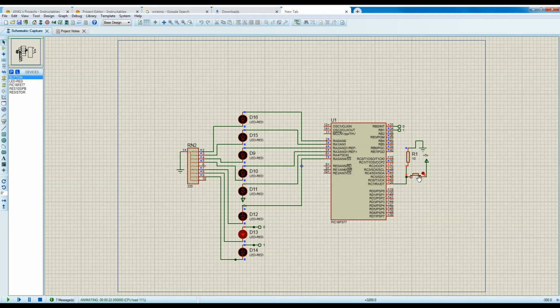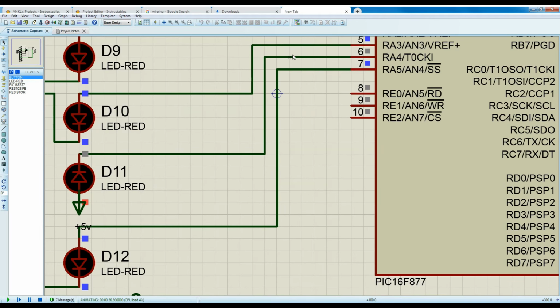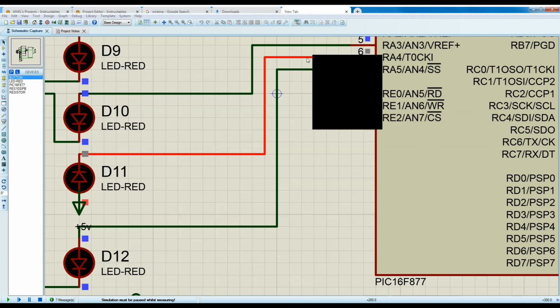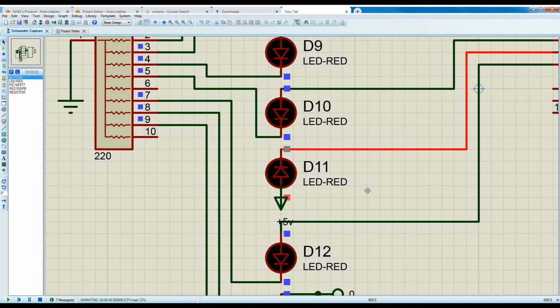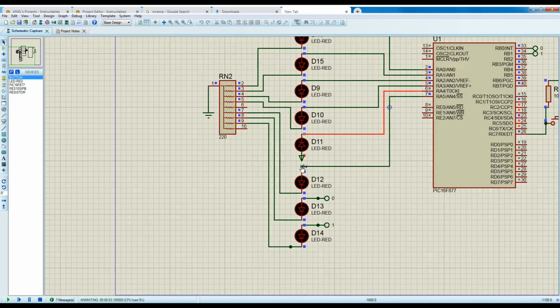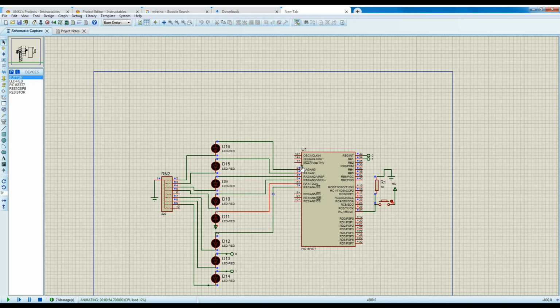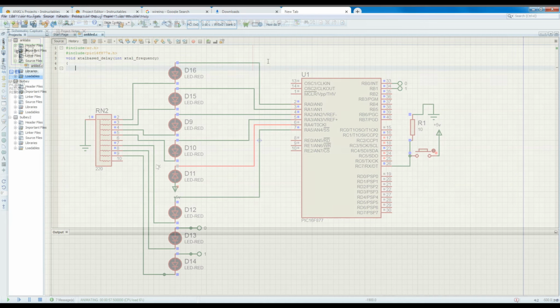Well, it seems simple, but I found that this RA4 pin is an open drain pin. That's the reason why I have to connect this LED in a different way, in an inverted way. The ground of the LED goes to the RA4. So this also complicates the PCB design. The PCB designer should know these differences, so newcomers cannot do it without the knowledge. So making a PCB design requires datasheet knowledge for PIC microcontrollers.